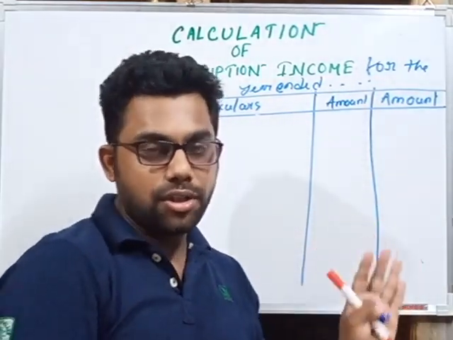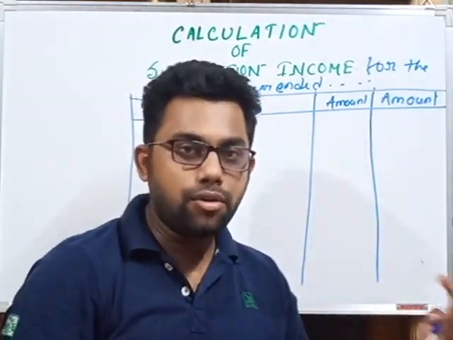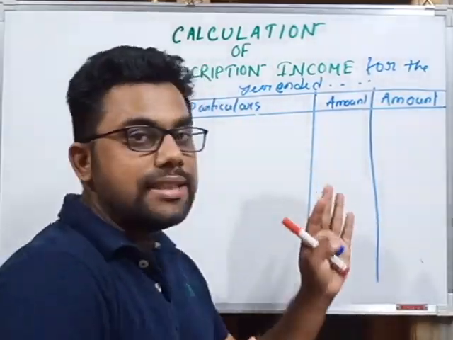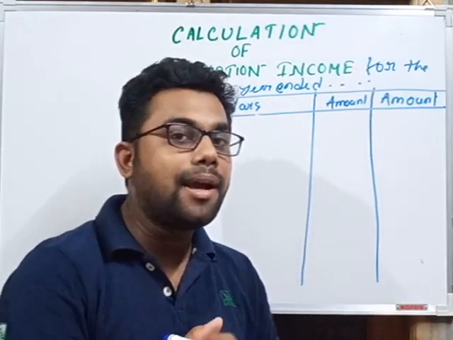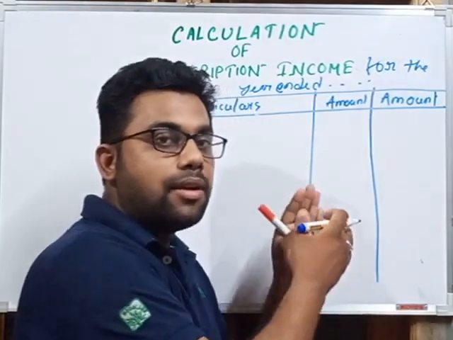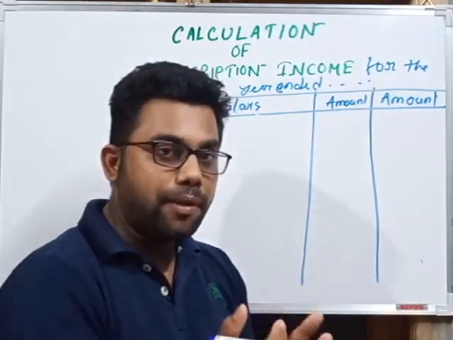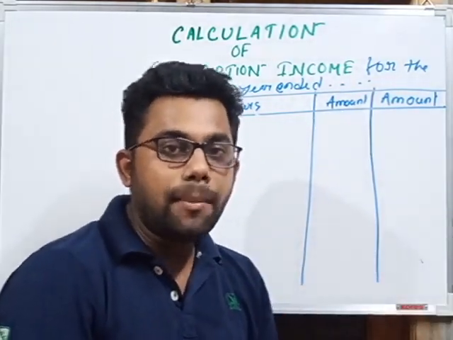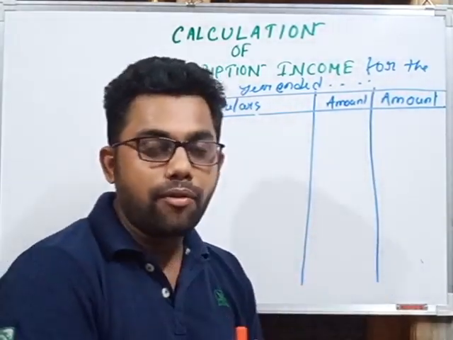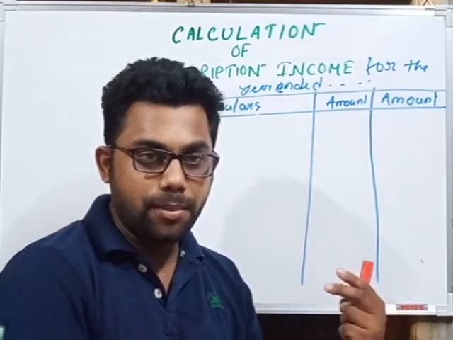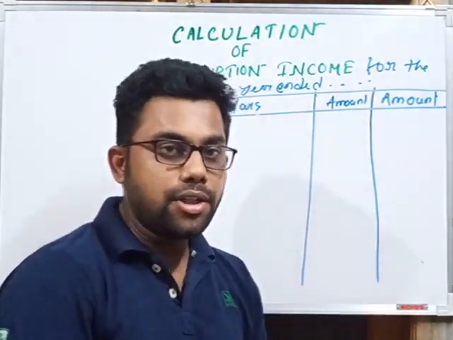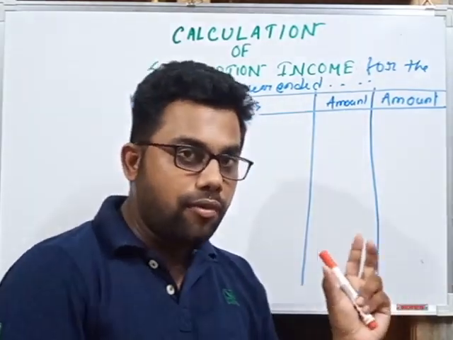Actually, this type of question comes in exams for 2 or 3 marks. But this calculation is necessary because while preparing the income and expenditure account, we have to do this type of calculation. So before going to solve the income and expenditure account, I am here solving only one item of the income and expenditure account, that is subscription income. That means what is the amount of subscription income earned by the non-trading organization during an accounting year, that is, only for the current year.